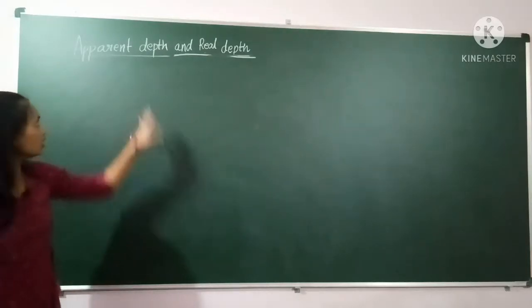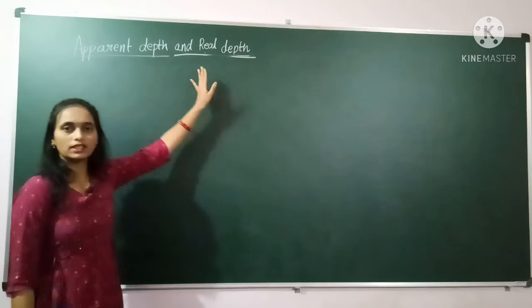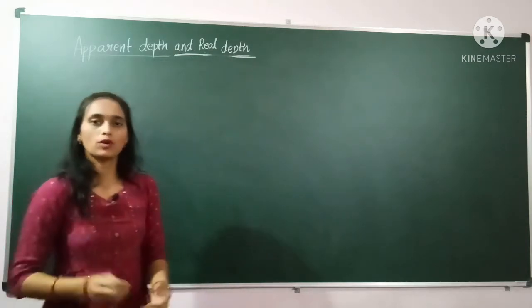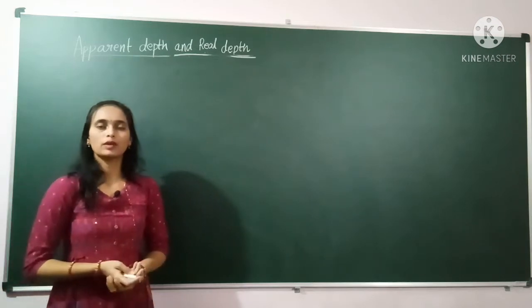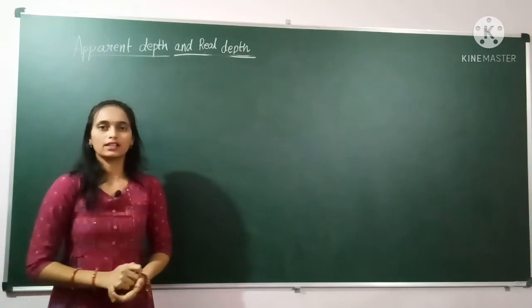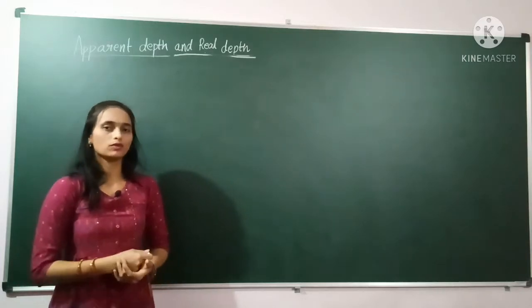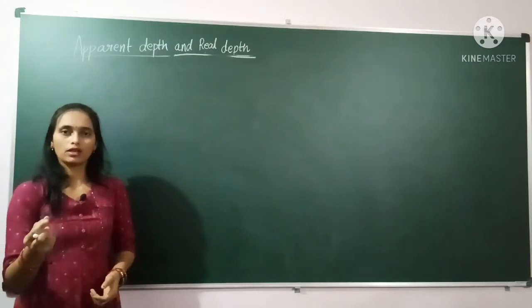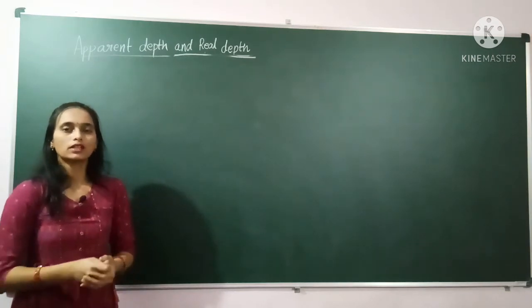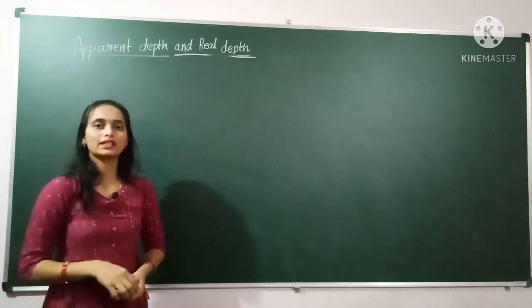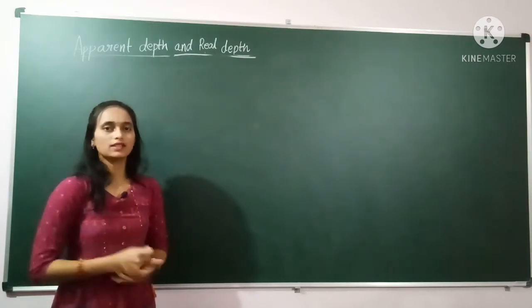We are going to study about the apparent depth and the real depth. So what is apparent depth and what is real depth? When you observe a swimming pool, the bottom of that swimming pool appears to be slightly raised. And a second example we observe in our daily life: if you take a coin and place it in water, in any glass, then that coin appears to be slightly raised. So which phenomenon is this because of? Our answer is refraction.